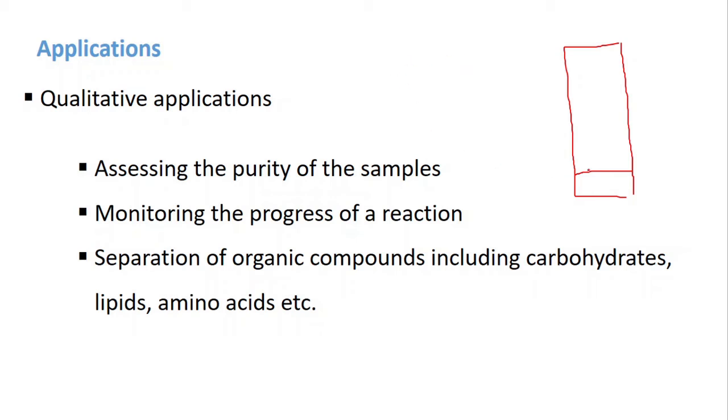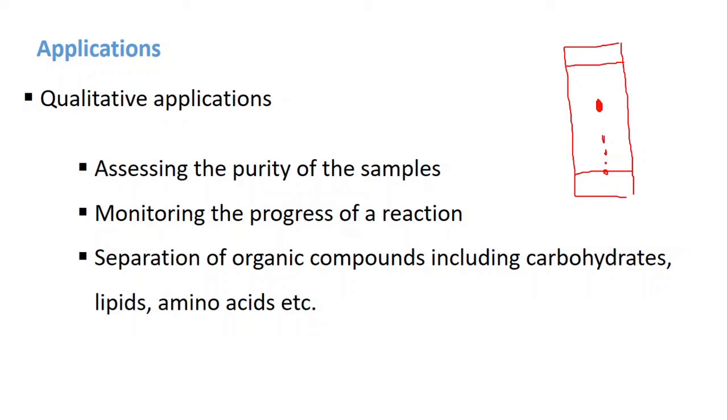Suppose you have benzaldehyde, you just spot it and run in a particular solvent, maybe 20% ethyl acetate. After the run, you mark the solvent front. See how many spots you are getting. Suppose you are getting an RF of maybe around 0.4 to 0.5 for this, with 20 to 30% ethyl acetate. So if you have only one spot, then that benzaldehyde is very pure. If you have some other spot like this or some other spot like this, then we say this benzaldehyde is impure. Any sample, spot it and you check for the purity.